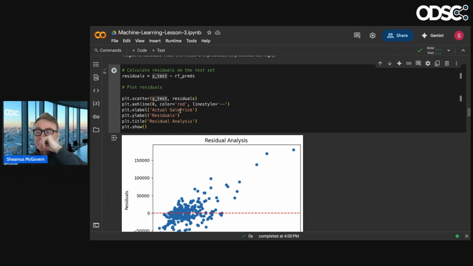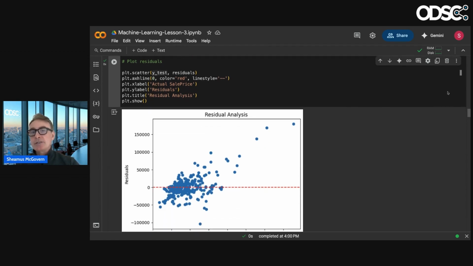So, nice little technique there. So again, now you can see why people really want to spend time in the data. So that's very kind of important. What you want to do here is that residual analysis.